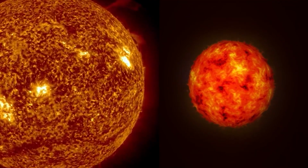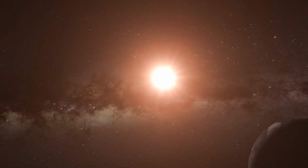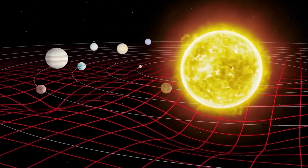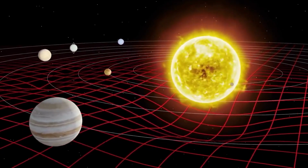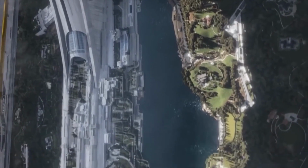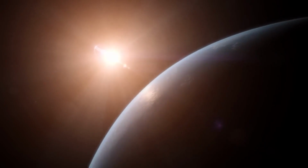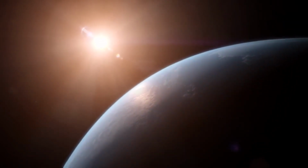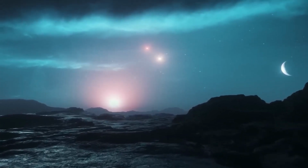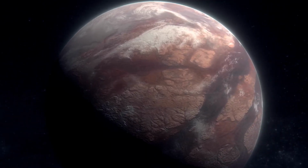Models show that these smaller, dimmer stars are more efficient converters of hydrogen into helium than our Sun, allowing them to shine steadily on the main sequence for up to 10 trillion years. That's over 700 times longer than the lifespan of Earth's Sun. For highly advanced civilizations desiring longevity and permanency, with generations lasting eons, these stable worlds orbiting red dwarfs would provide a nearly timeless habitat. What astonishing feats could an intelligent species achieve if given hundreds of billions of years to progress scientifically and culturally